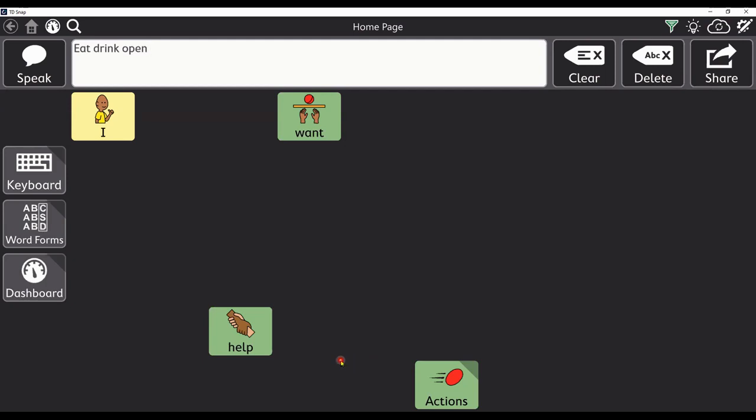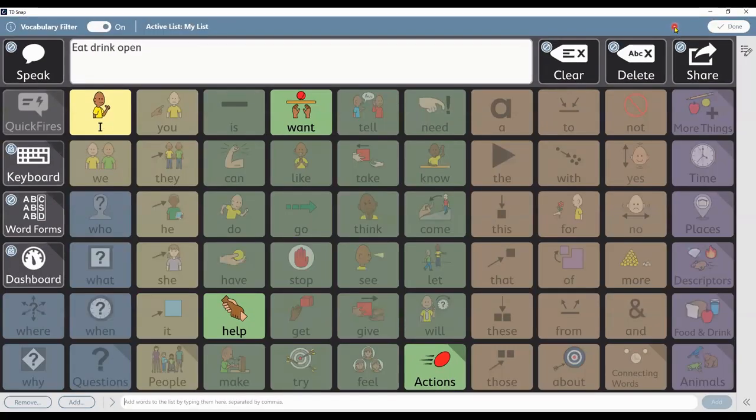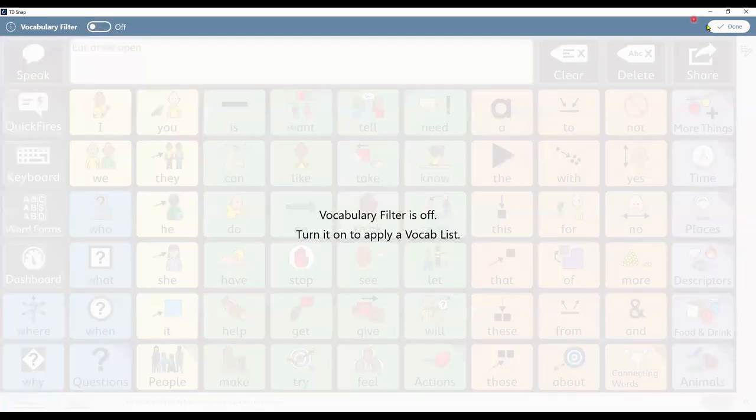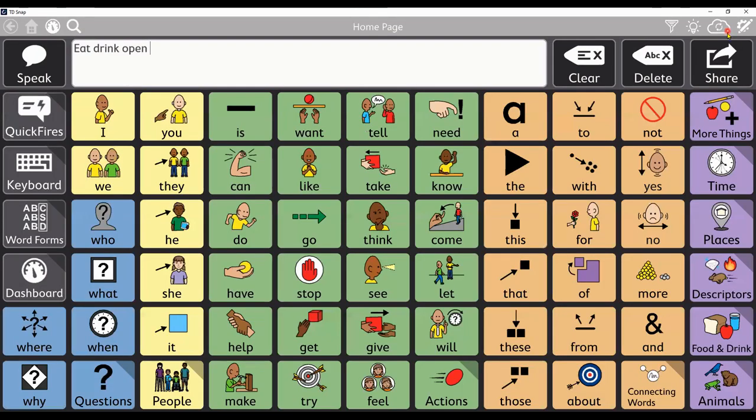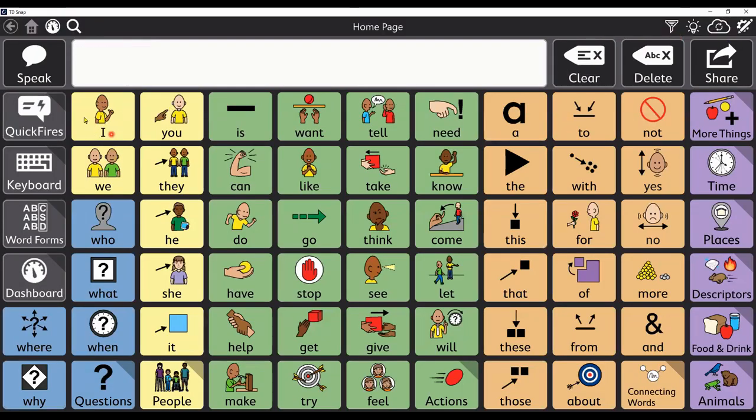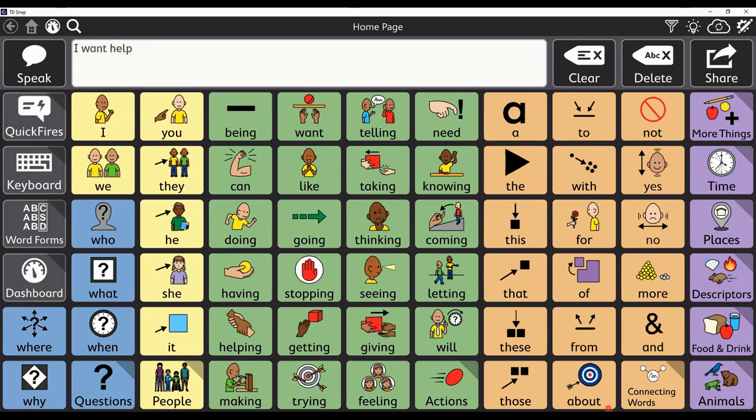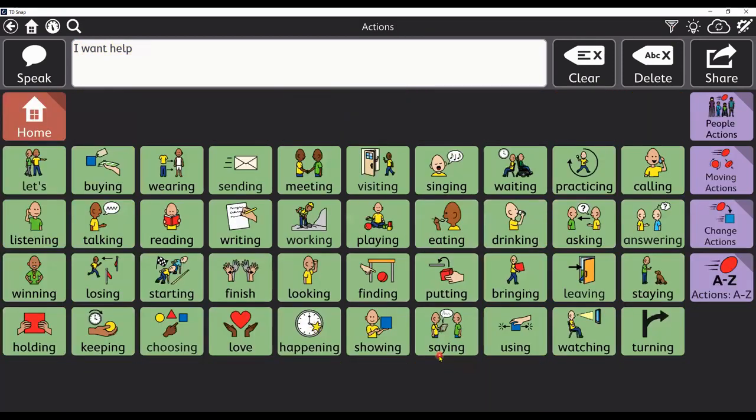Once the student has that motor plan and is able to activate whatever button you're targeting, you can turn the vocabulary filter back off. In order to turn the vocabulary back off, you click on that filter and then toggle the words off. Select Done and see if the student can still find I want help. Or maybe under those actions, eat and drink